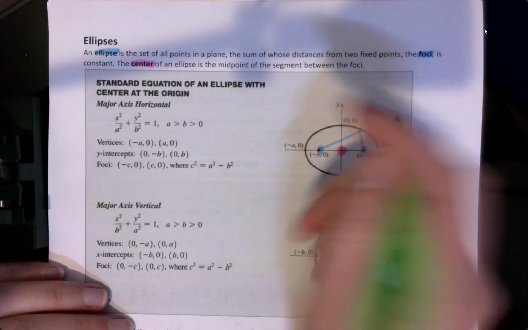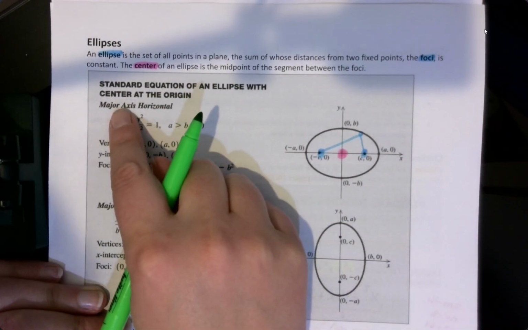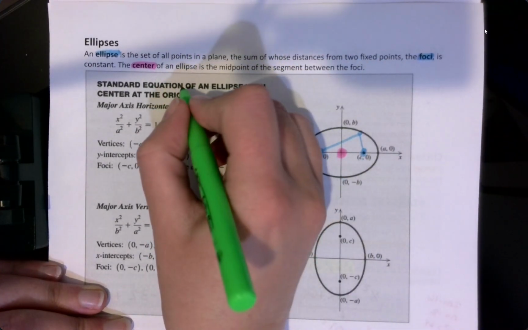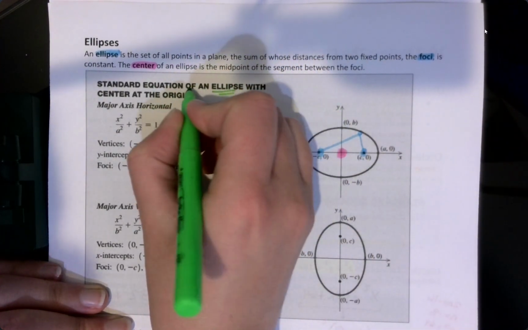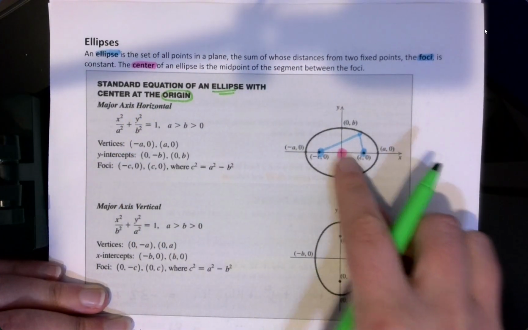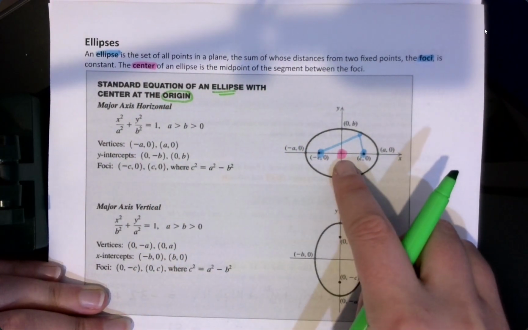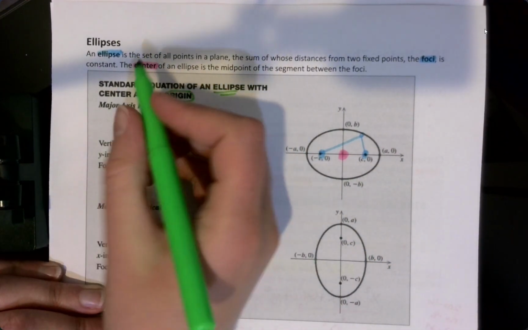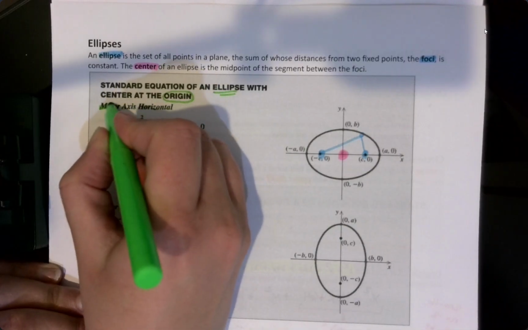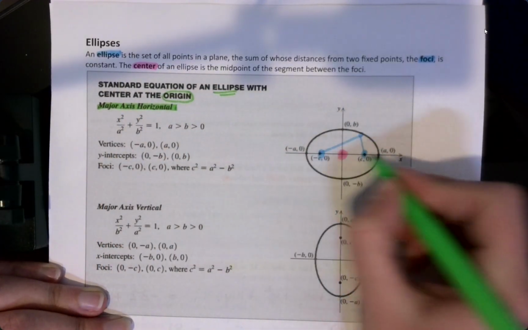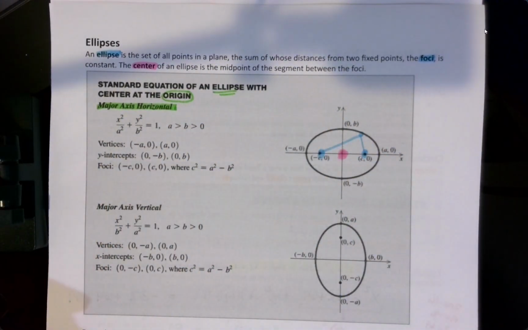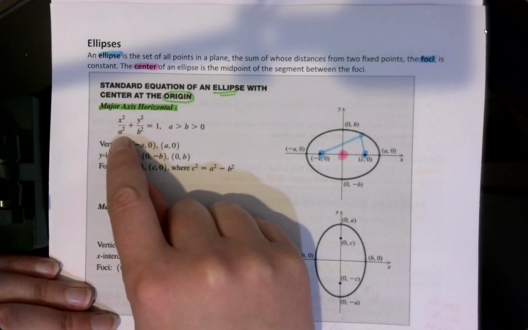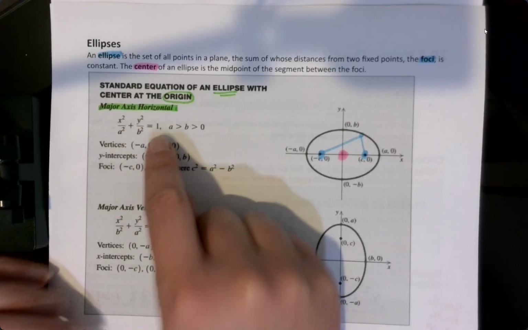And in this situation, I want to point out before we get too far that we are going to start by looking at ellipses that are centered at the origin. So the center here is at the origin. My ellipse can be longer or it can be taller. So this is one where the major axis, the longer axis, is horizontal. And in this situation, the equation is x squared over a squared plus y squared over b squared equals 1,